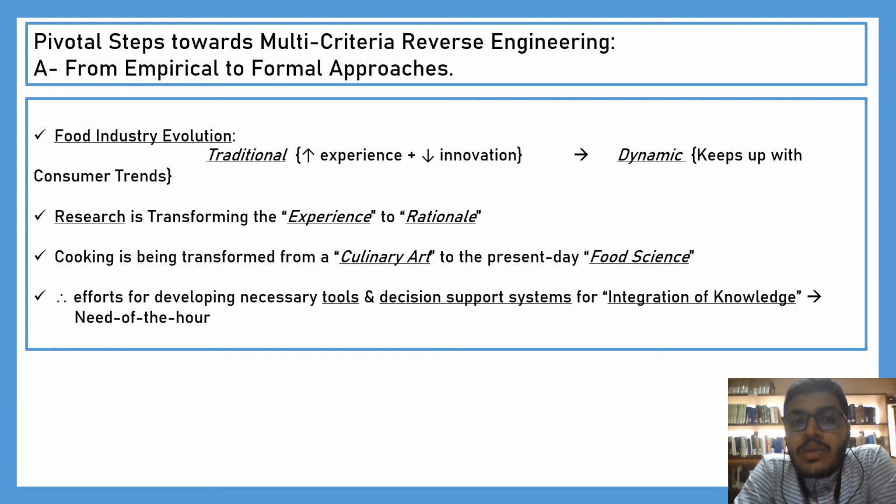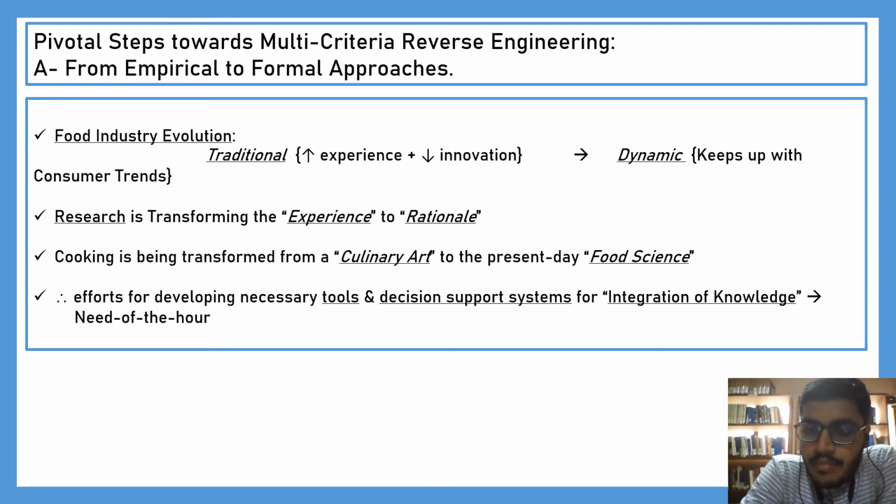Looking at these trends, companies are now making products with low GI, that is glycemic index, products that are rich in certain bioactives, etc. So this is where the food industry is slowly adapting to a reverse engineering approach,